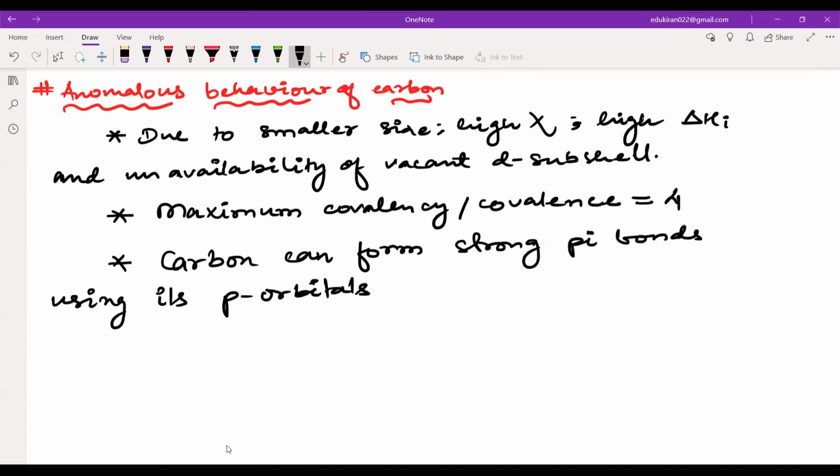Pi bonds formed using p orbitals are known as p pi. It can form p pi bonds with itself